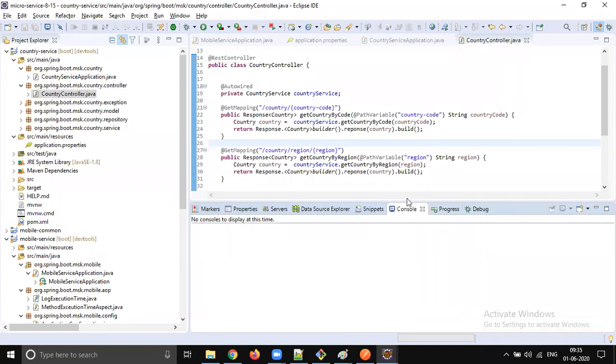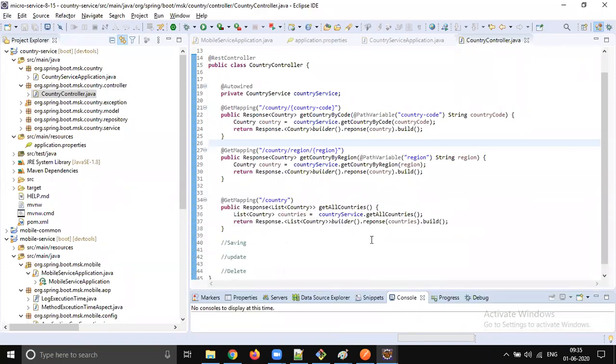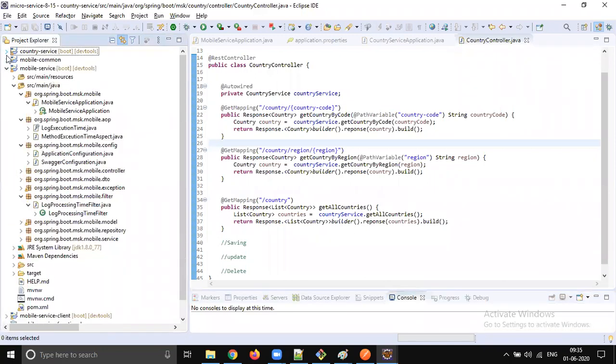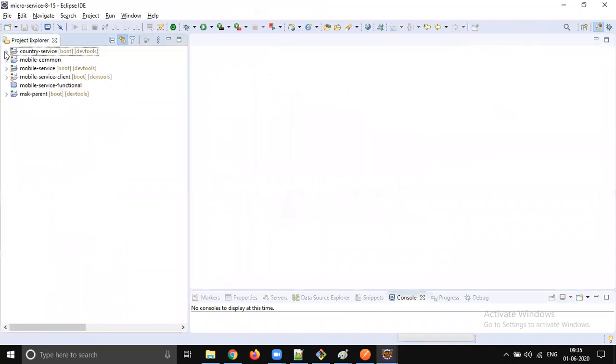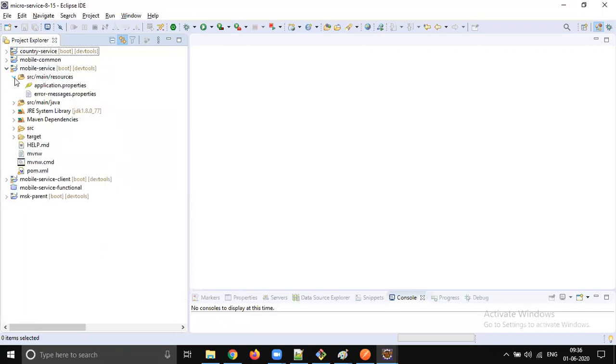How the service was working earlier, after our changes also, the service is working the same way, right? So there is no change for the service. The service will work in the same way, gives the response in the same way. But on the client side, the changes are going to be done. Okay. But before that, can we move these files also?